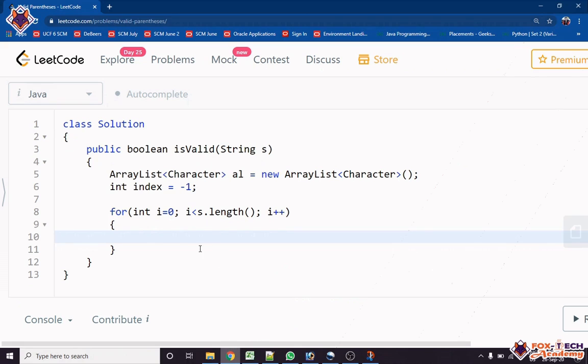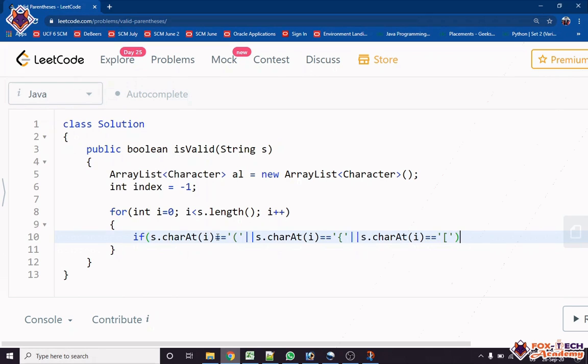So we will check if s.charAt(i) is equal to this one, or this one, or this.